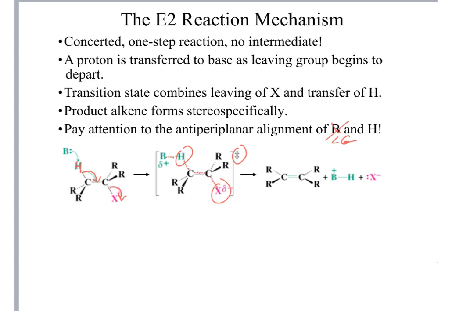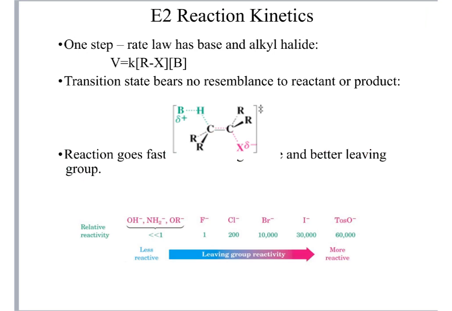The alkene that forms, therefore, forms stereospecifically, and stereospecific reaction is one that involves a mechanism in which more than one stereochemical outcome is possible, and yet we observe formation of only one product and not the other. Taking a closer look at a transition state, again we see that the hydrogen and the leaving group are on the opposite plane,